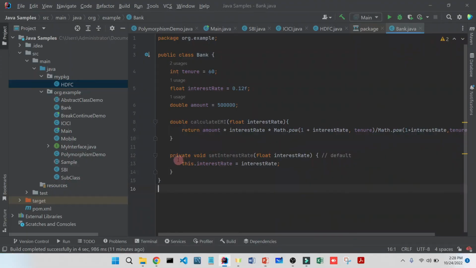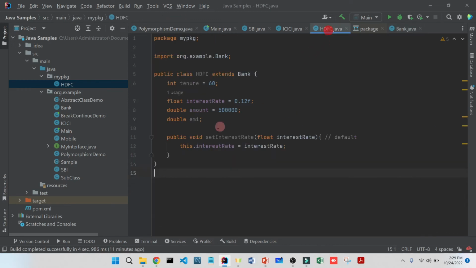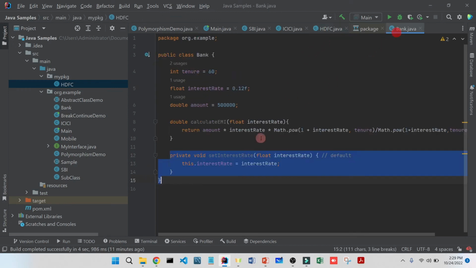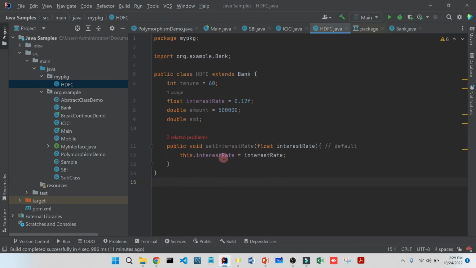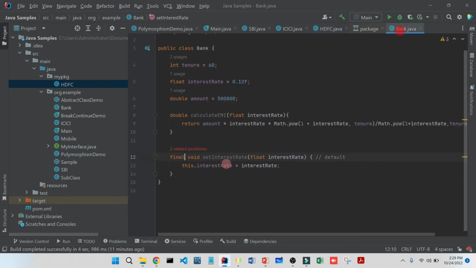As we have done over here, even though it is marked as private, we can override it in the subclass, right? But the only difference is that if I mark it as final, obviously that means you are making it constant. So now here you will get the error that this is not possible, right? The problem is that the method is marked as final, so it should not be overridden. Remember that once the method is marked as final, then the method will not be overridden by another class